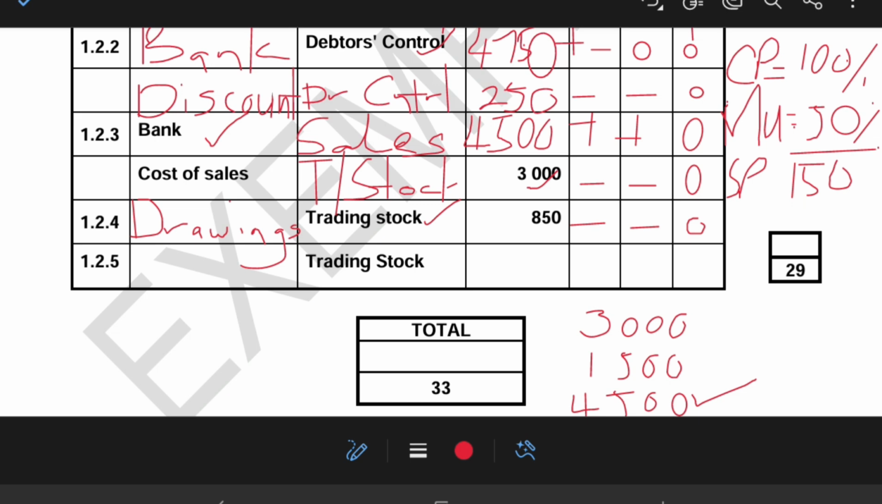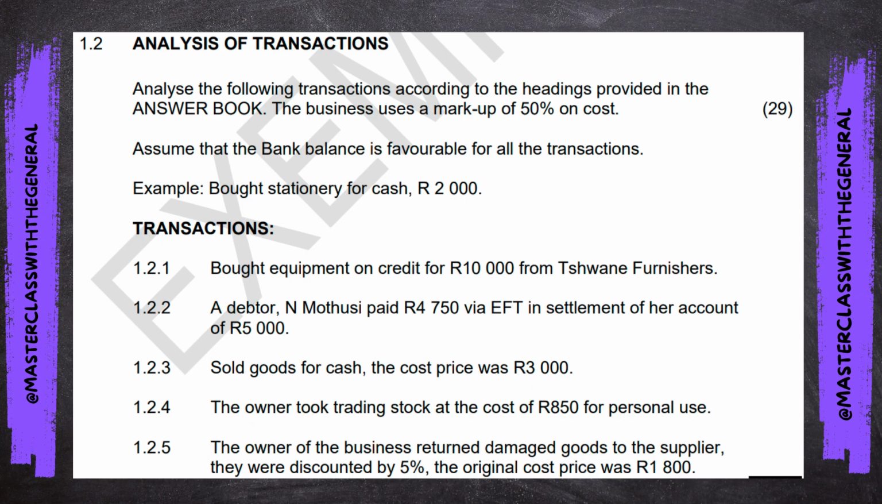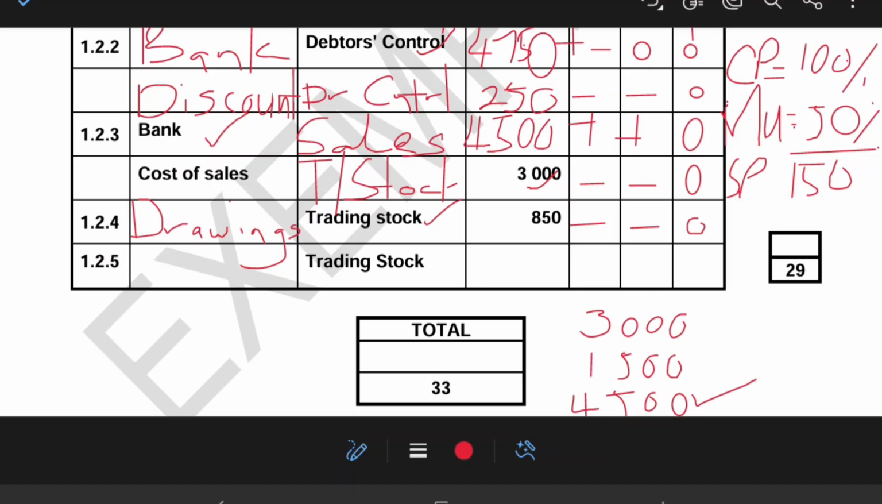Then let's go to 1.2.5. The owner of the business returned damaged goods to the supplier. They were discounted by 5%. The original cost was 1,800. So very simple, guys. There are many ways of doing this, but this time let's choose an easy way. Let's calculate that discount first. So we calculate 5% of 1,800. Our answer is 90, which means that we are going to deal with the amount